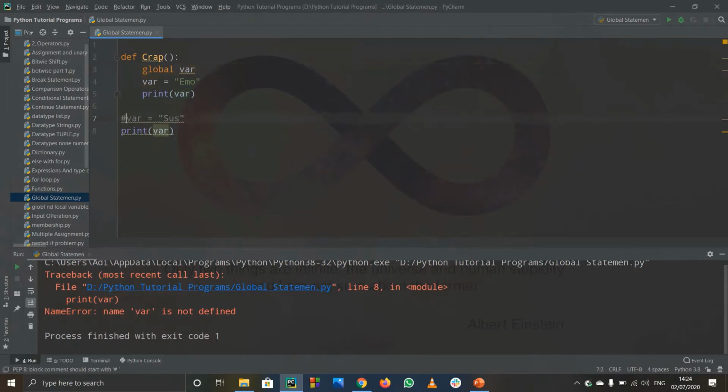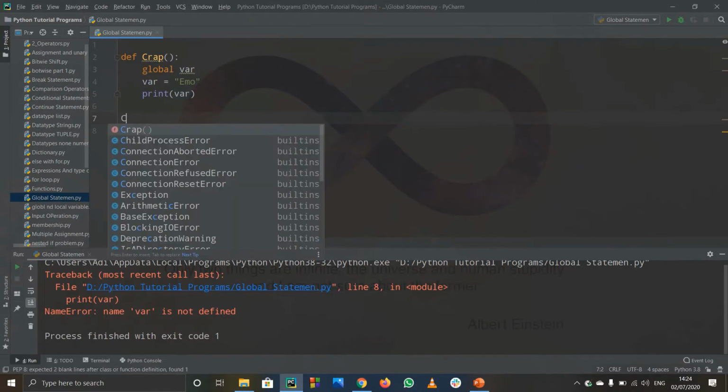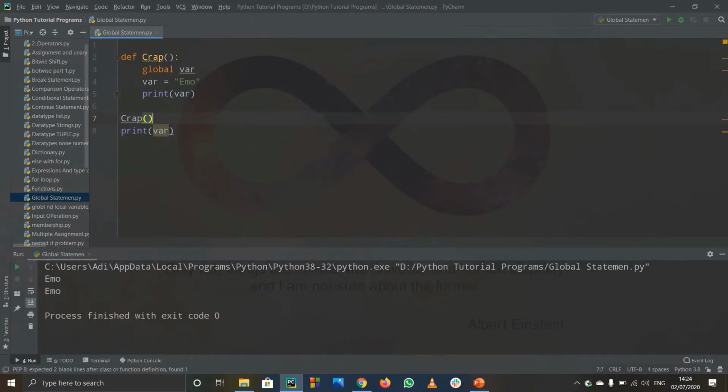Now let us change this value to var equals to such, and call crap. Hold on, I'll not change it, I'll just call the function. Now when I call this function, it still printed out emu, because I just called it and didn't change it outside the function.